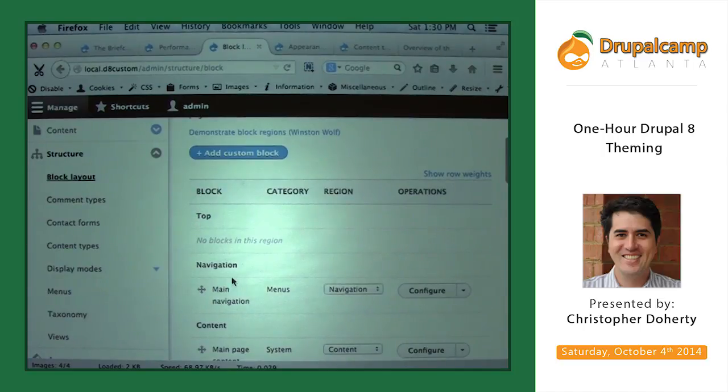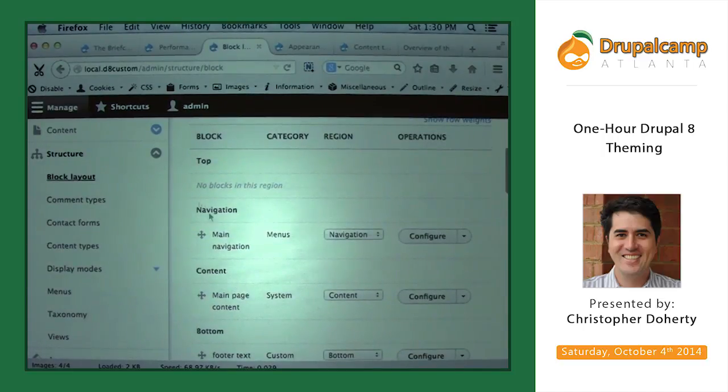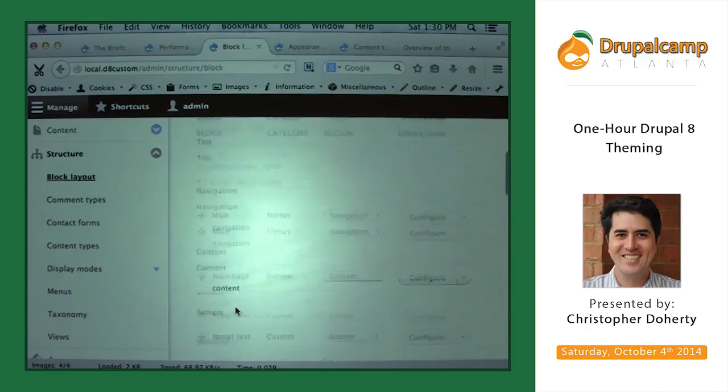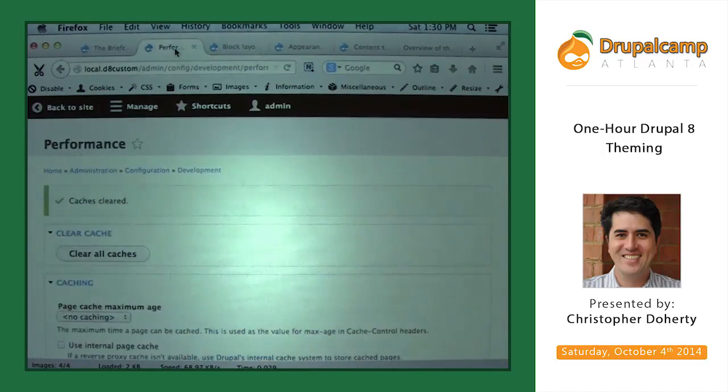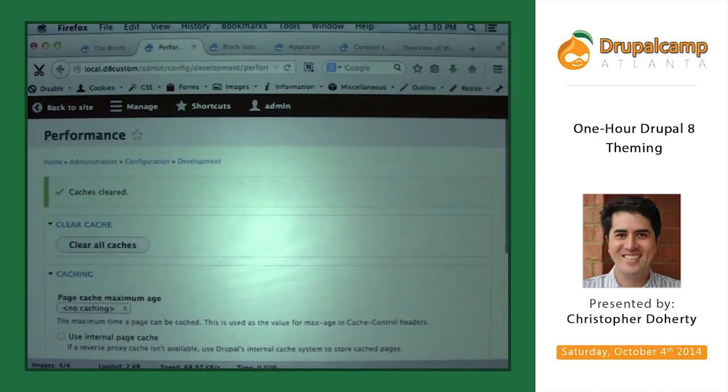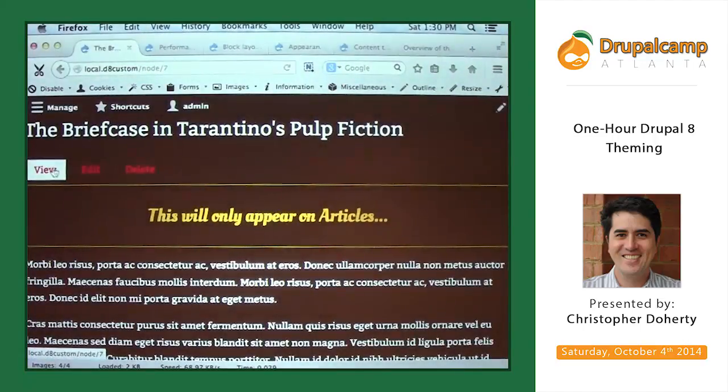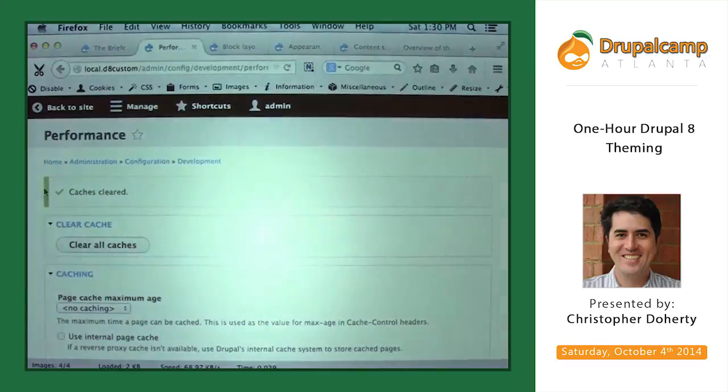We've got these different regions, top, content, bottom, and I need to add to the page template specifically for that. I'm just going to clear caches. One second.